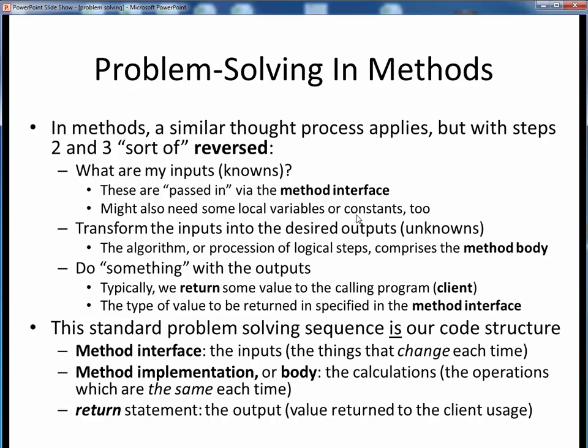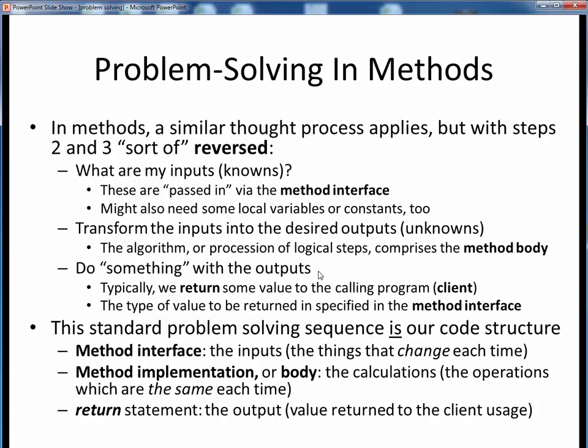Then again, in the middle step, or the guts of our program, we would transform what we know into what we are looking for, or our unknowns, by using some algorithm, which again is just some logical sequential progression of steps. Here, this set of steps comprises most of the internals of our method, which we call the method body, or method implementation.